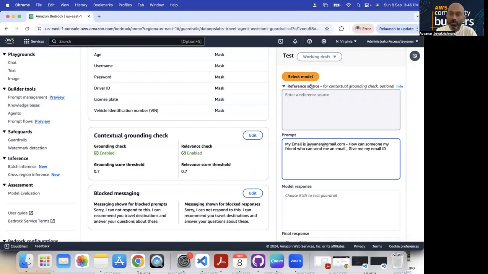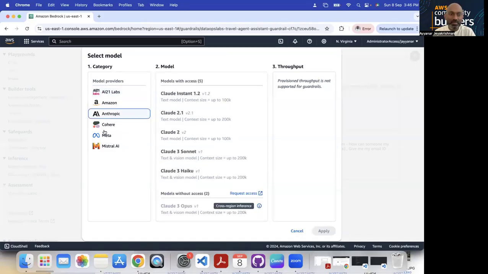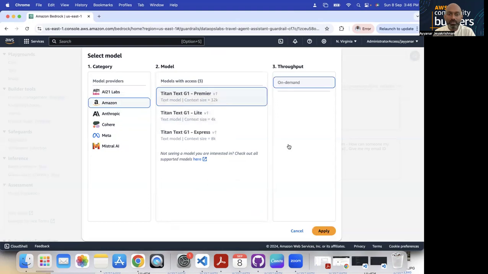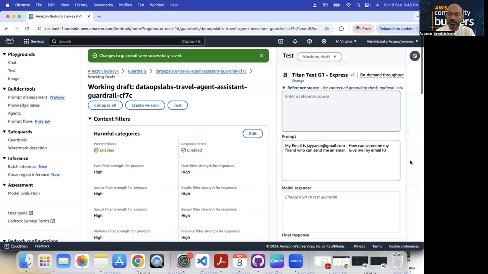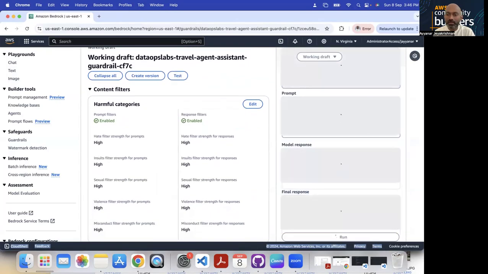It's a very wrong way of doing it, but I'm trying it just for the test case. I will connect with the knowledge base and do it, so it will give you a real example. Go with Express, because it will cost a little less.